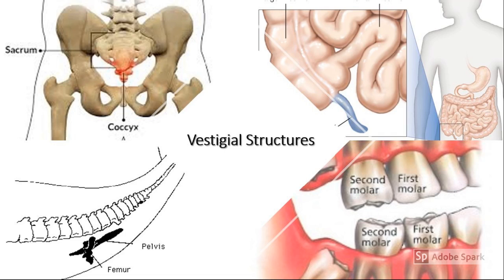Another line of evidence supporting the idea of descent with modification are vestigial structures. These were believed to have a function in ancestors but no longer have a function today. Examples include wisdom teeth, the human tailbone, the appendix, the whale's pelvis, the inside corner of your eye, and flightless birds. For example, flightless land birds such as the ostrich and the emu have wings, even though those birds don't fly. Their ancestors did, though. The ostrich and the emu descended from flying ancestors. Since these structures are not harmful, they have not been eliminated through natural selection.